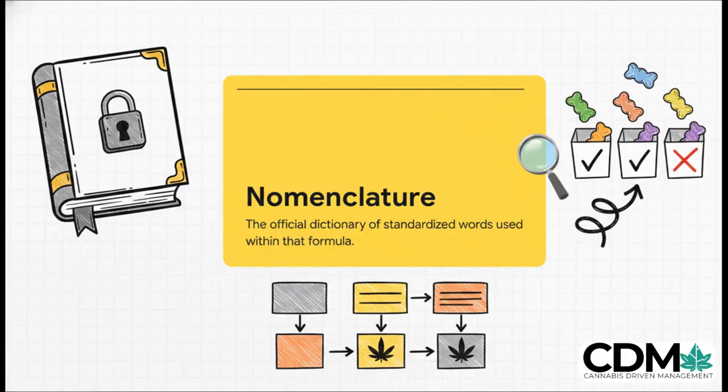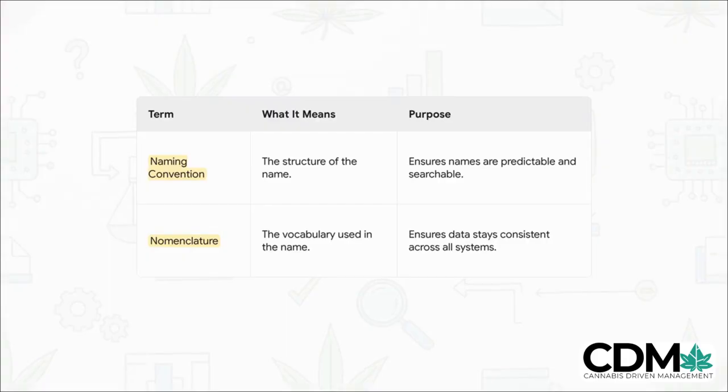You can't just call something gummies if the official term is gummy. It sounds small, but it prevents absolute chaos in the data. Let's put these two together. The naming convention gives you the structure, the formula, like brand, product, weight. The nomenclature gives you the approved words that you're allowed to plug into that formula. You absolutely need both for the language of compliance to work across all the different pieces of software a company